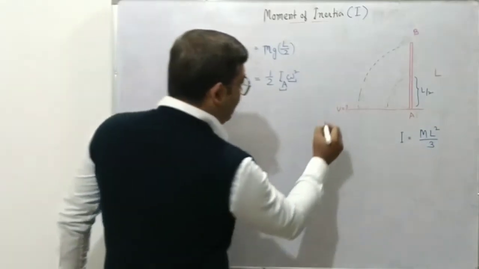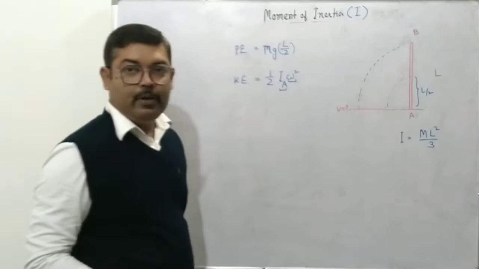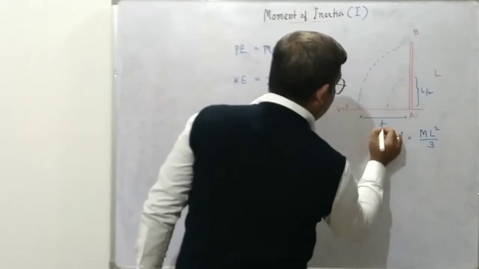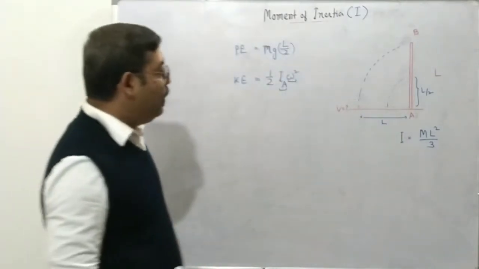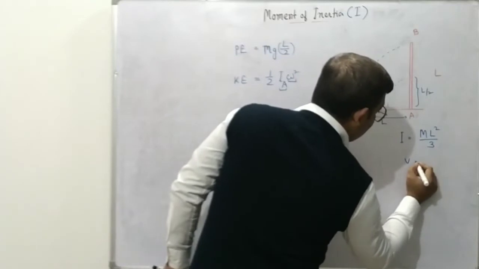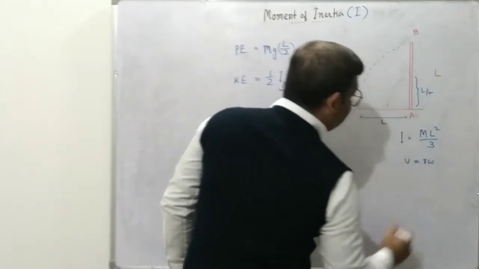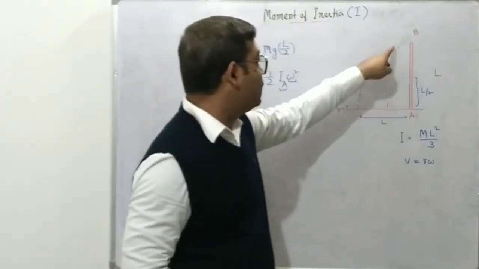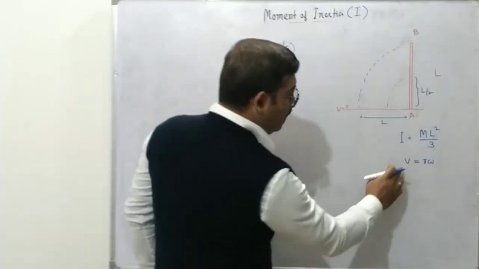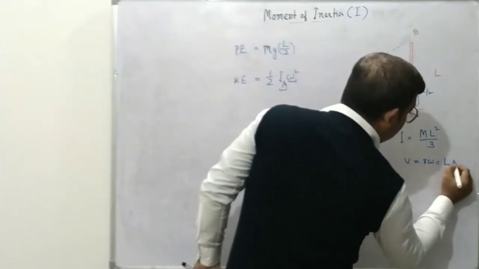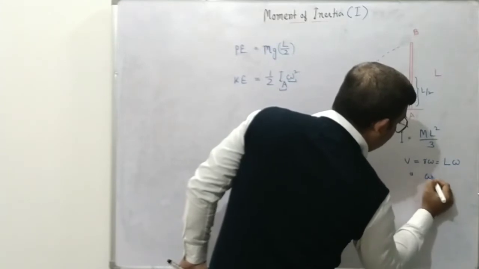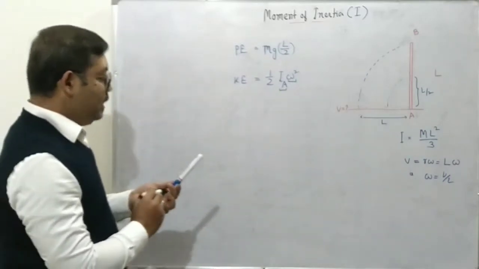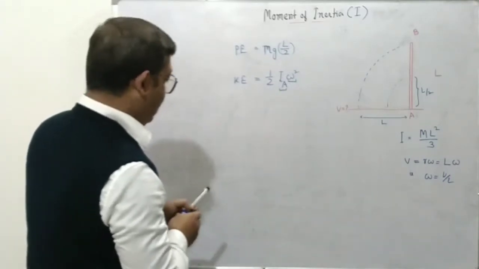Now v is the velocity with which it reaches the ground. This length is equal to the length of the rod. Now we know that for rotational motion v equals r omega, where r is the radius of the circular path. So if you consider point B whose velocity has to be found, v will be equal to L into omega. That is to say, omega will be equal to v by L,